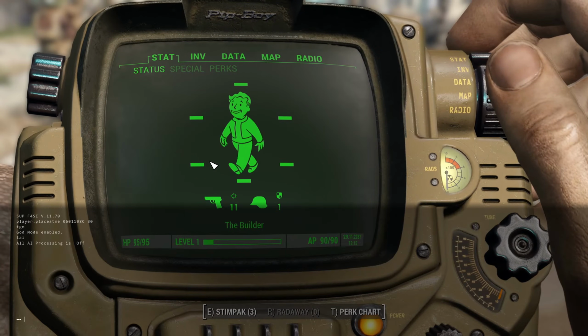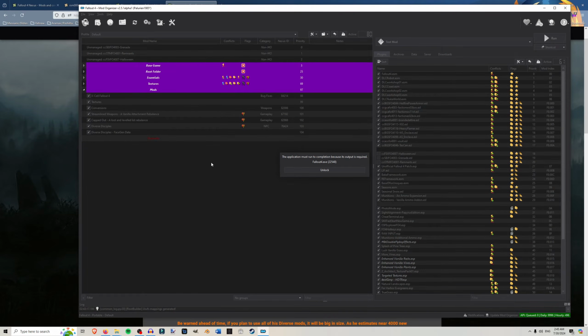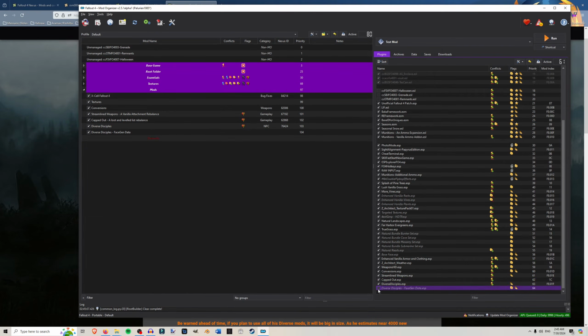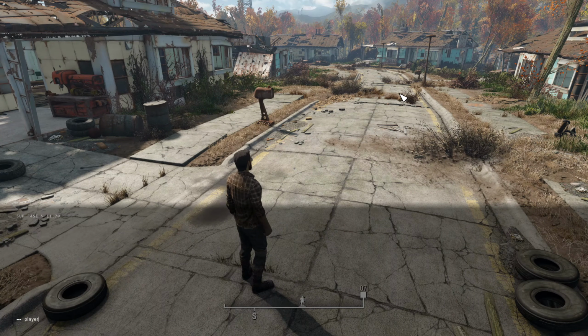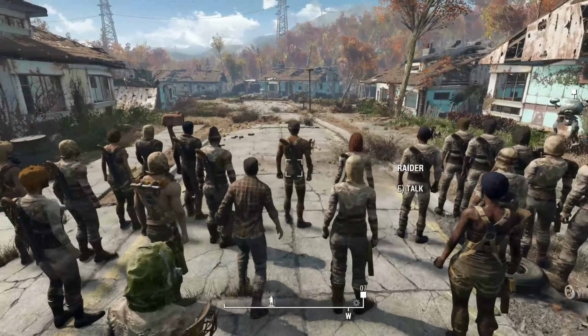Now, since they'll all kill me, I'm going to quit out before saving. Now I'm going to go down, disable or enable the ESP, and now I'll show you what the difference is. Alright, so do this again. So player.placeatme 0601108C. Do 30 again. Toggle God mode, toggle AI, and there. And now